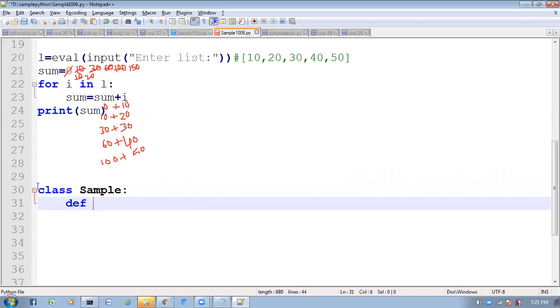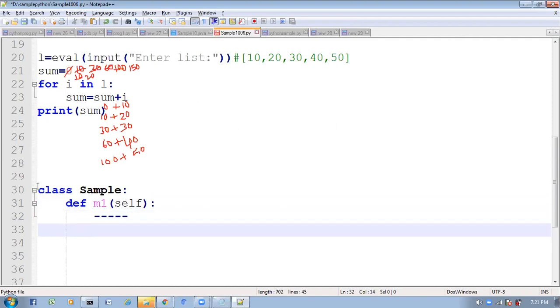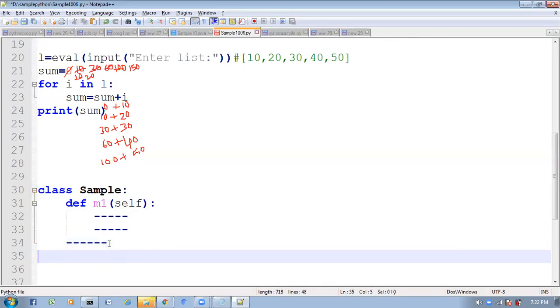From here we write def m1 method with self. Now I want to write the logic inside the m1 method, so we have to take space and start the required logic from here. Suppose you write it here, that is not inside m1. It is inside the class only, but not inside m1. Suppose you start it here, then this is outside of the class, not inside the class. Understood?